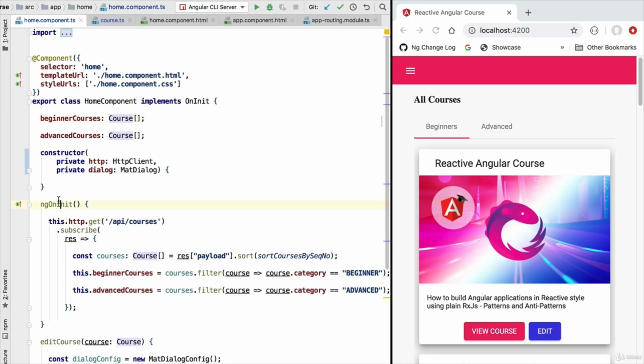As we can see here in ngOnInit, which is triggered whenever the component is initialized and gets triggered only once, we are using the Angular HTTP client in order to call our backend, and we are hitting the /api/courses URL. Now, a small side note about HTTP requests in our local development environment. This HTTP request, even though it's hitting